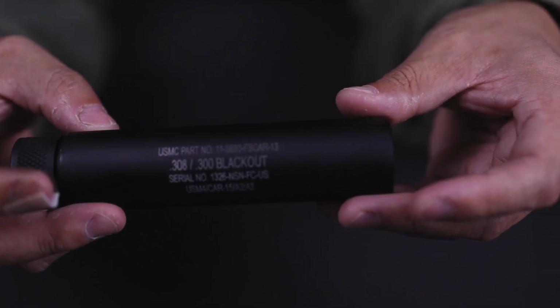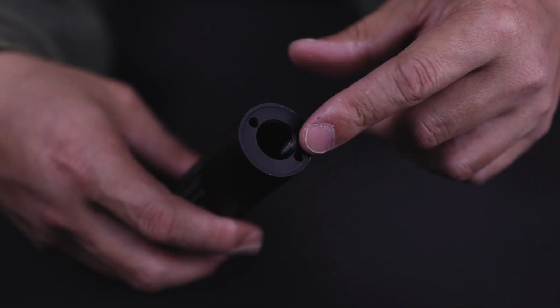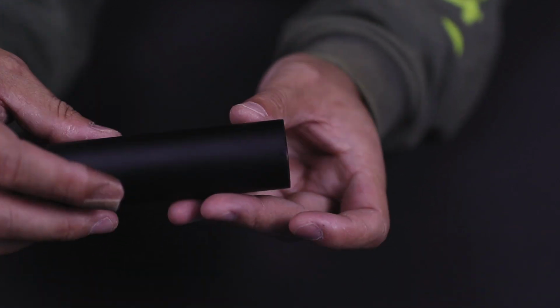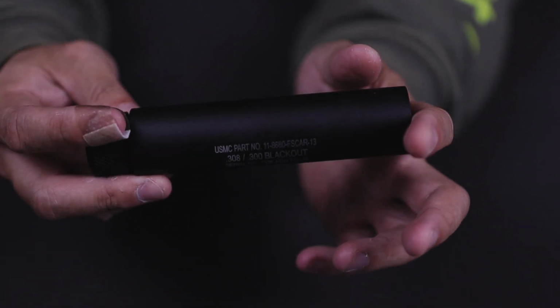It does slip over the barrel. I'm not going to show the install on that, but as you guys can see here on the very front, those are the threads right there. It's going to slide over the whole shaft of the barrel and you're going to start threading it on, and this will sit flush with the end of the barrel, making it look like you have an SBR or a